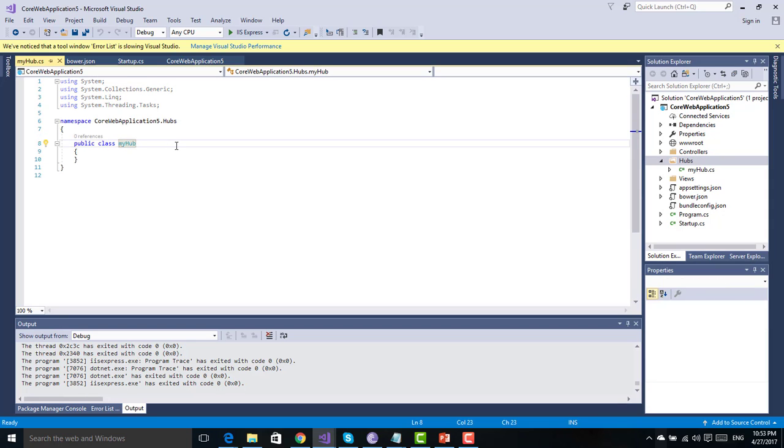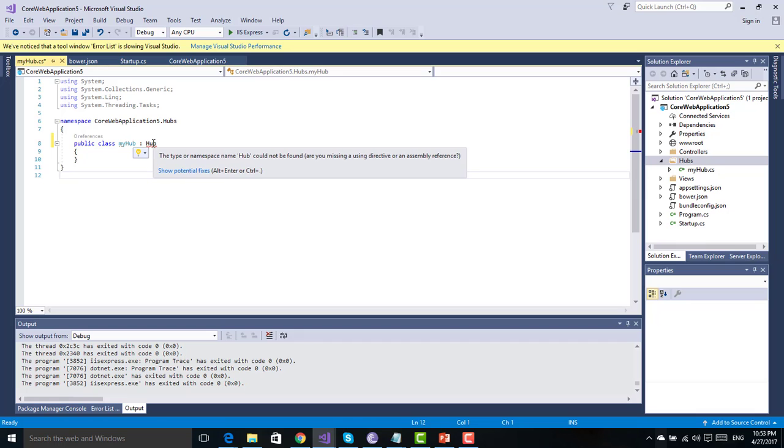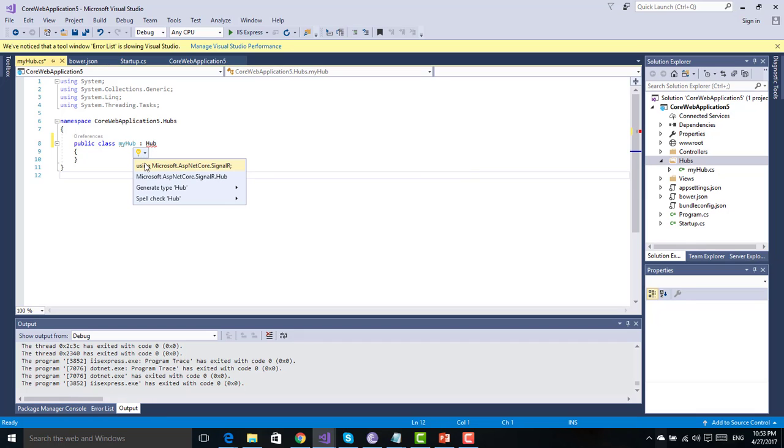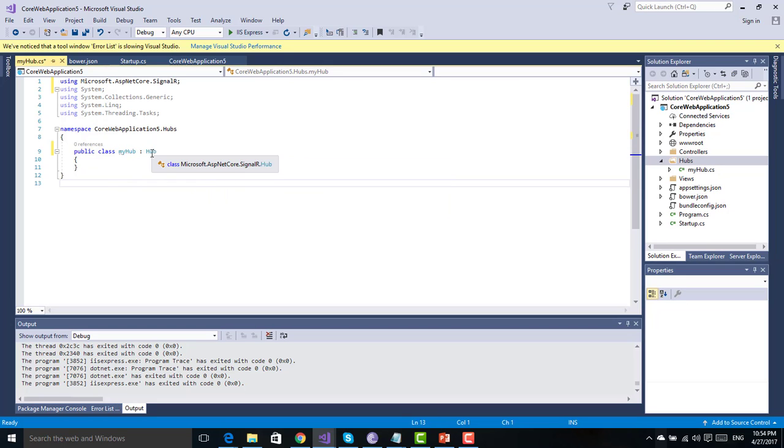Now this is a simple class I have added, but what I will do, I will extend it from the Hub class. I need to reference Microsoft.AspNetCore.SignalR so that the Hub class will be identified by Visual Studio. So now this class, which I called MyHub, extends the SignalR standard Hub class, which means that MyHub will have all the properties from the Hub class,